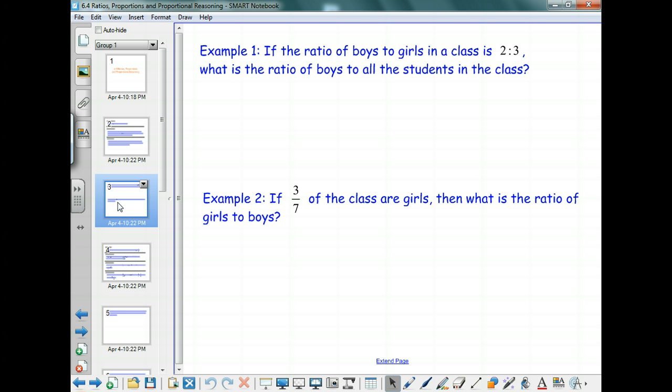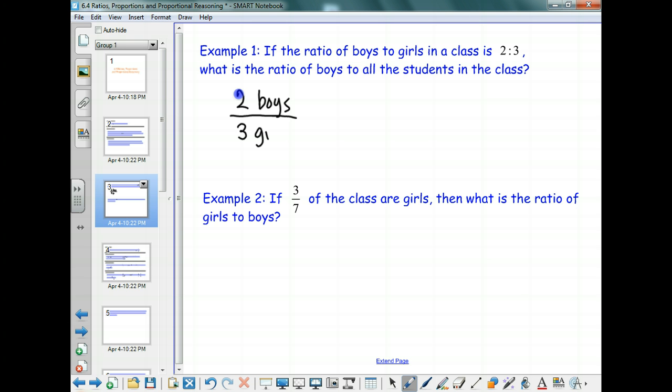All right, so we're going to give you an example. If the ratio of boys to girls in a class is 2 to 3, 2:3, what is the ratio of boys to all of the students in the class? In other words, we're taking a ratio that is a part-to-part ratio, and we're going to turn it into a part-to-whole ratio. So I'm going to start with writing this as 2 boys